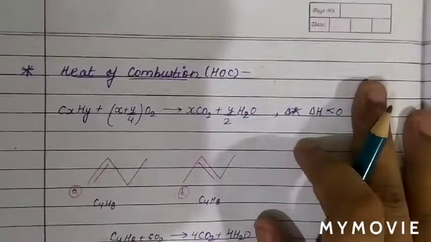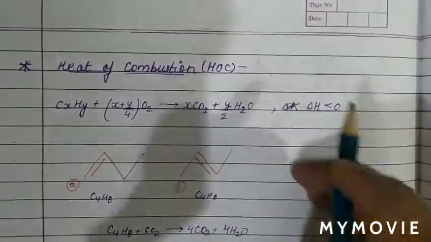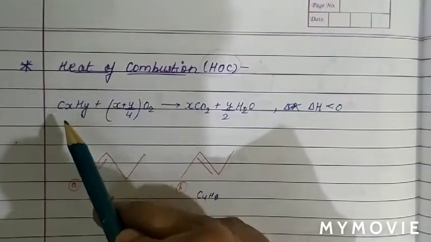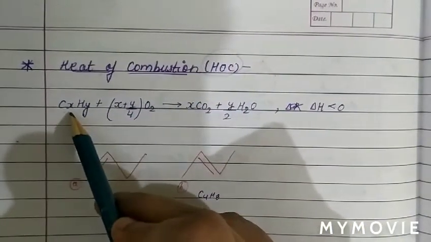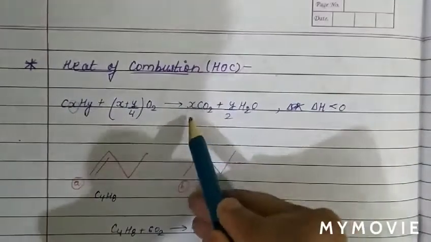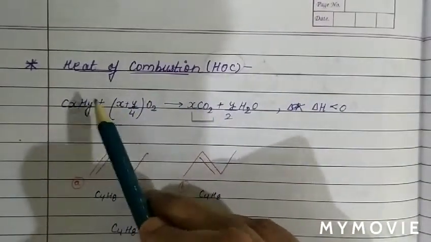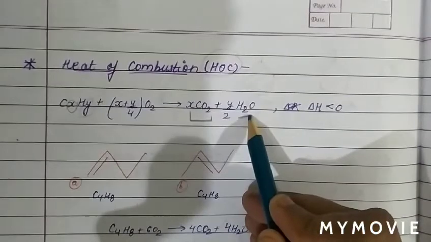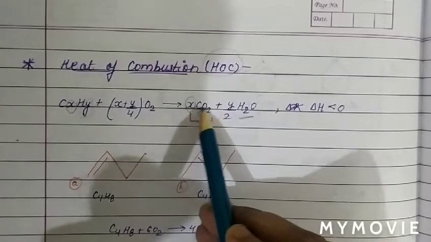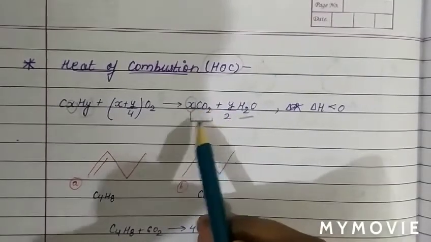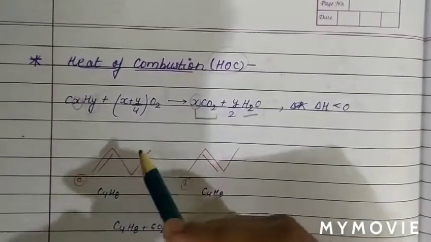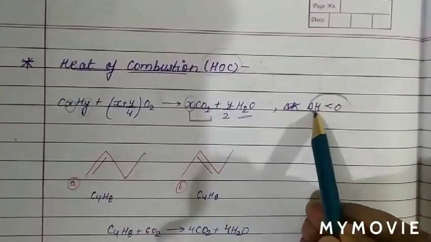Now we will compare another one, heat of combustion. So our next topic is heat of combustion. As we know, when a hydrocarbon undergoes combustion, see, if CxHy is a hydrocarbon, as x atoms of carbon are there, so x moles of CO2 are produced, and y hydrogen atoms are there, therefore y by 2 moles of water. And we can balance the oxygen atoms because oxygen atoms are 2x plus y by 2. So the oxygen molecules will be 2x plus y by 2 divided by 2, which comes x plus y by 4. This process is also exothermic.